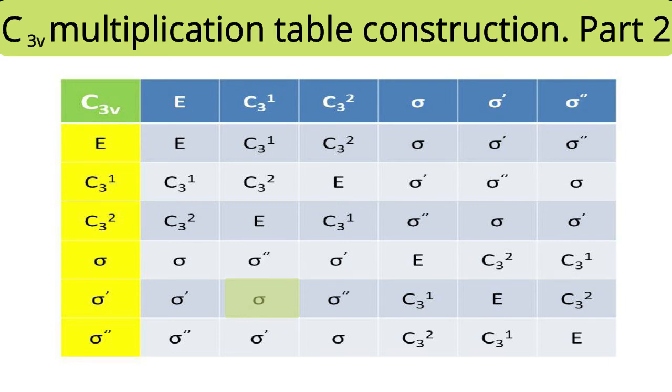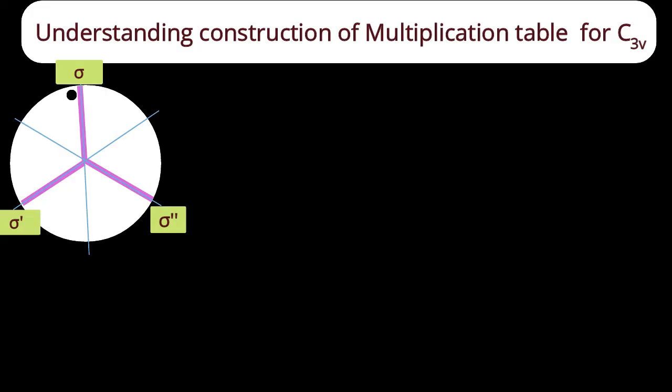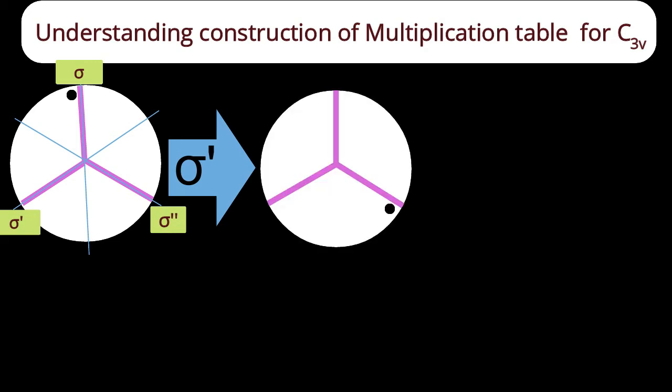Let me construct now the next point, resulting from the multiplication of sigma dash and C32. Again, it's our original ammonia molecule with 3 NH bonds, 3 planes, sigma, sigma dash, sigma double dash, arranged in anti-clockwise direction, and one knot for distinguishing. I am representing it to the left side of the upper bar. After the sigma dash operation, where will that knot come? It will come to the right side region, but where? To the bottom region of the right side bar.